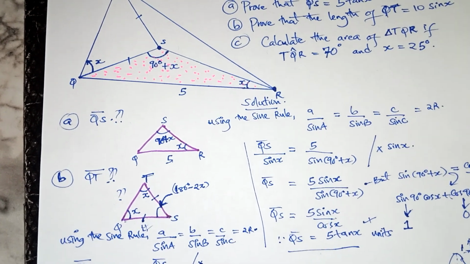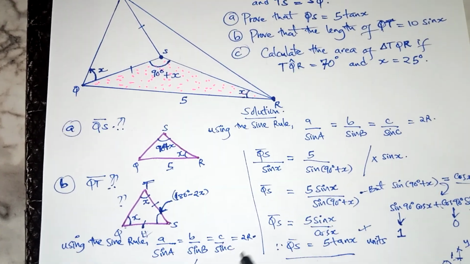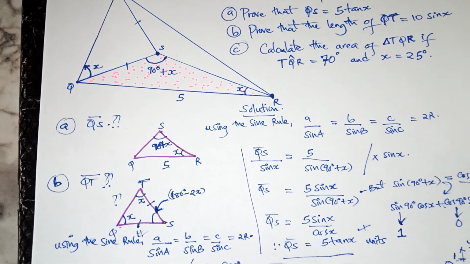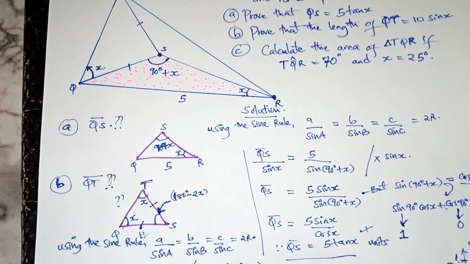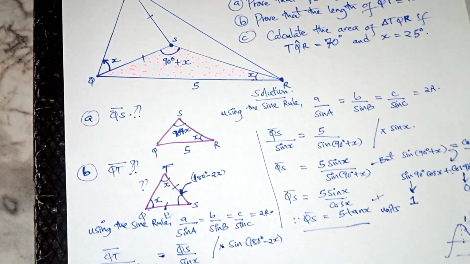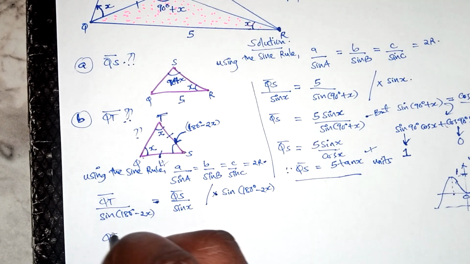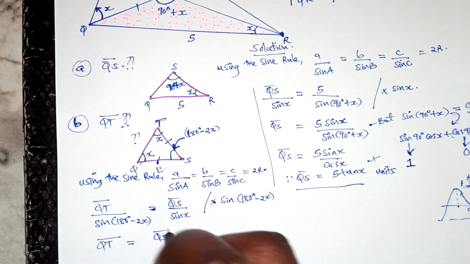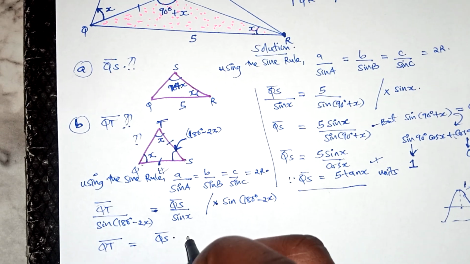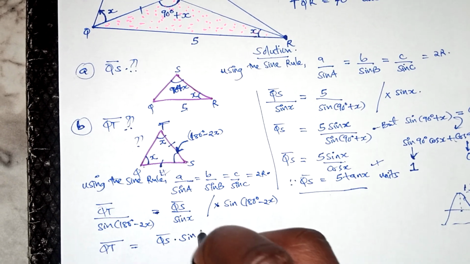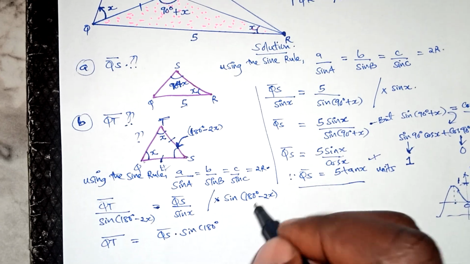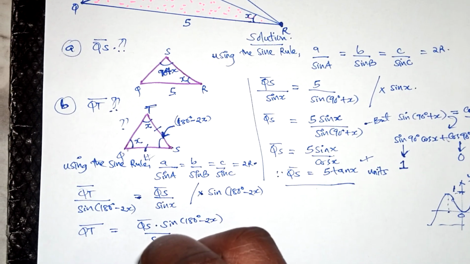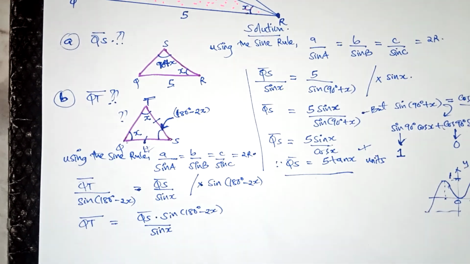Let's multiply by sine of 180 minus 2x both sides, so that we remain with QT. Therefore QT gives us QS times sine of 180 degrees minus 2x out of sine x, but